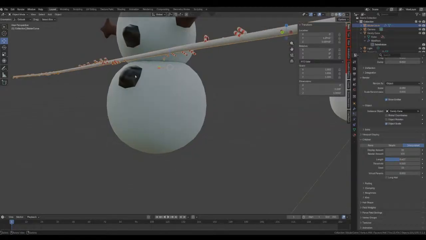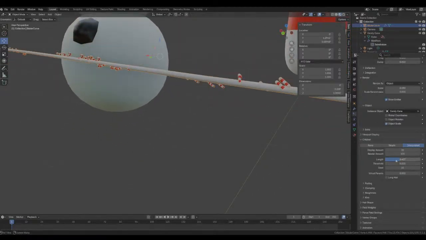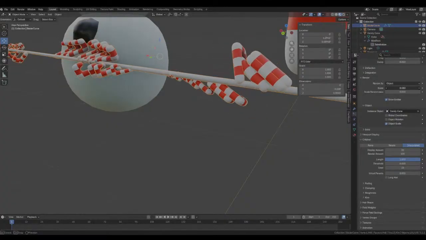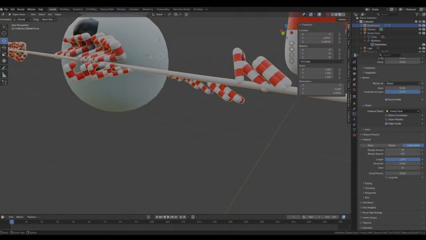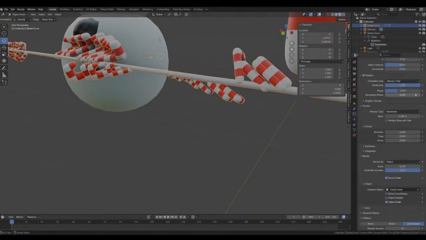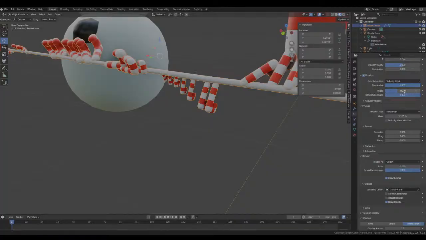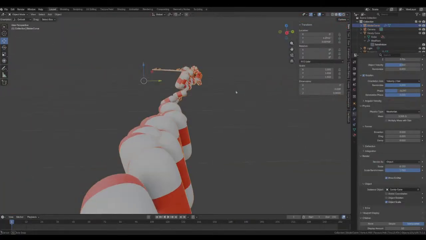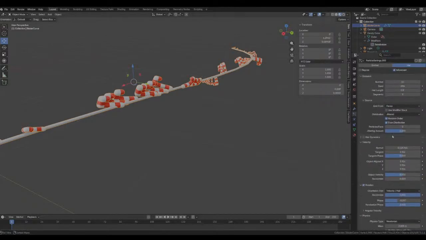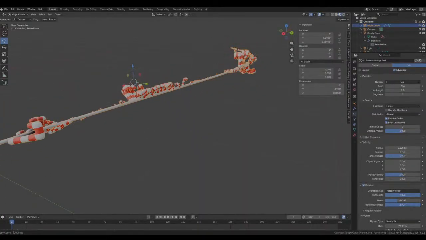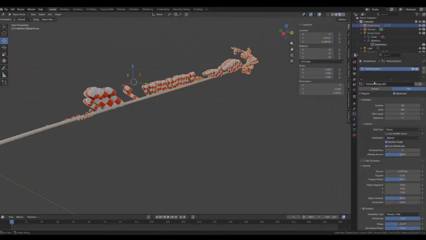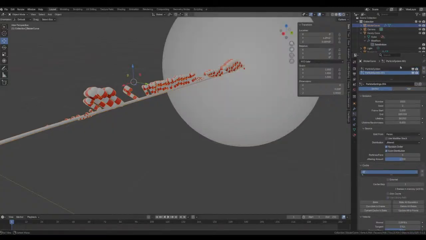I know it doesn't look that great. I think what's going to help it is if I do this and this up.